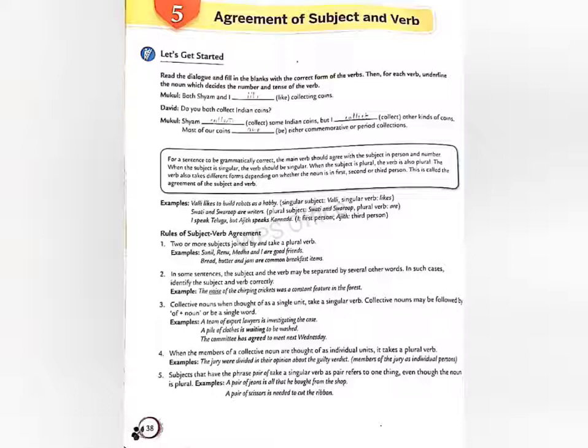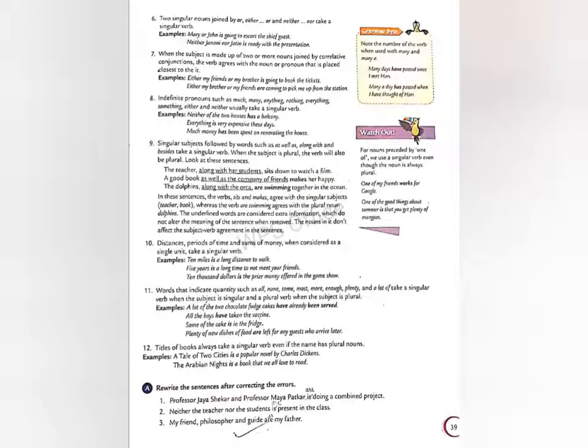Next point is two singular nouns joined by either or, neither nor, take a singular verb only. For example, either Ramesh or Mahesh is going to solve this problem. Here Ramesh and Mahesh both are singular subjects and they both will be followed by a singular verb. But if one subject is singular and the other subject is plural, then we'll be using